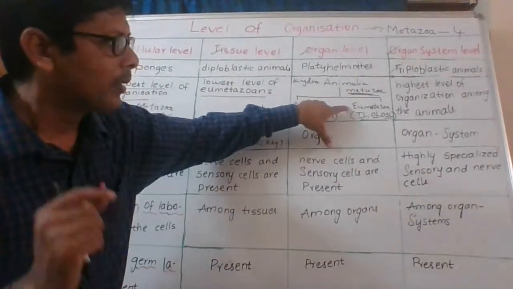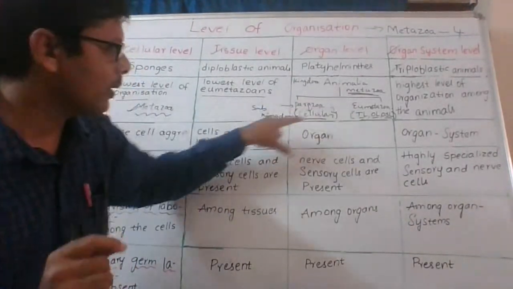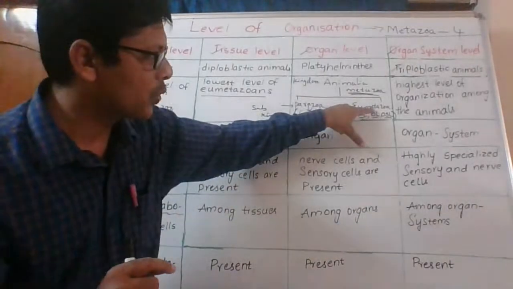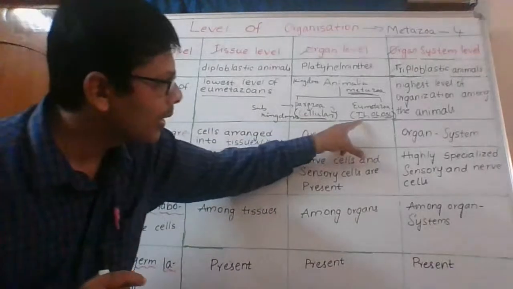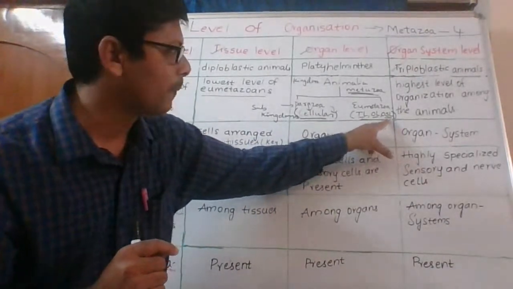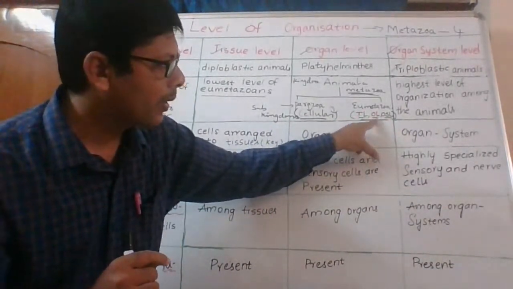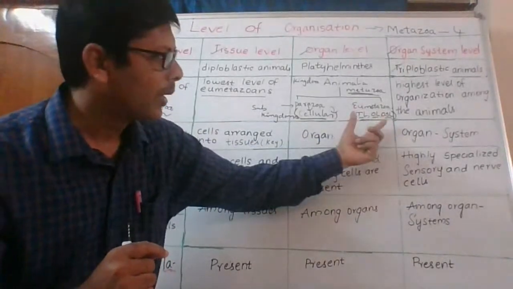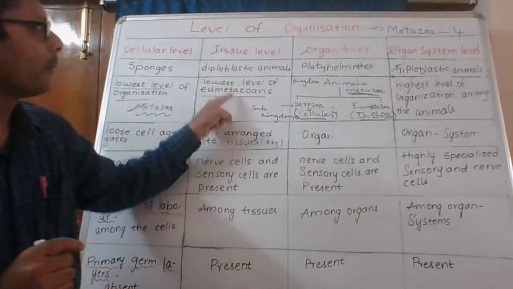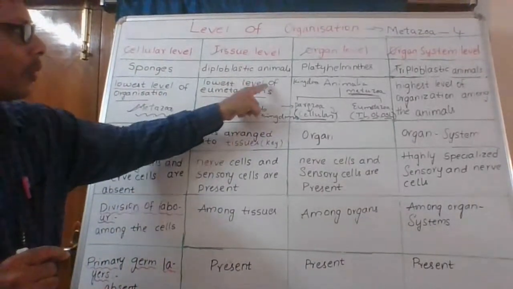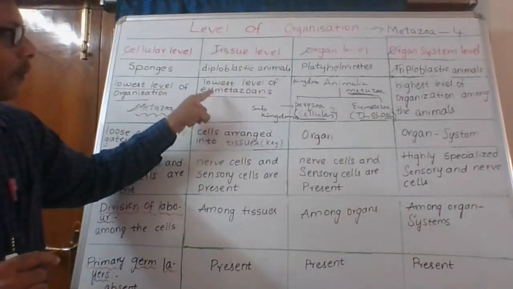Eumetazoans means the animals which belong to the subkingdom Eumetazoa are called eumetazoans. Here, three levels of organization are present: tissue level, organ level, and organ system level. Among these three, what is the lowest level? Tissue level. Tissue level is the lowest level of organization in